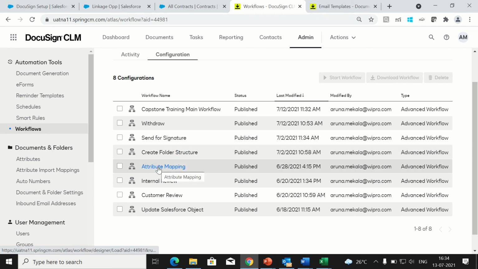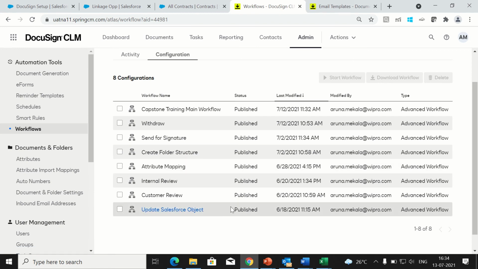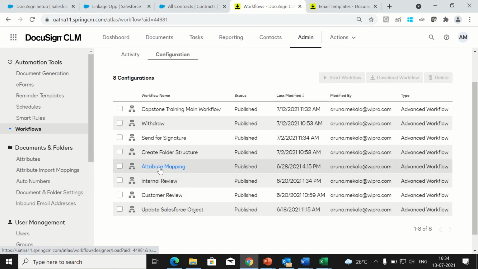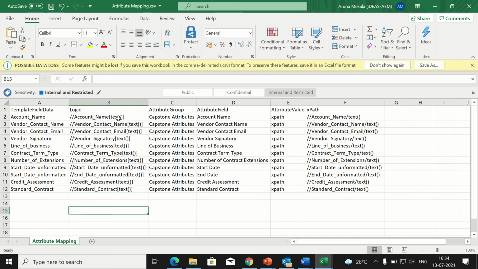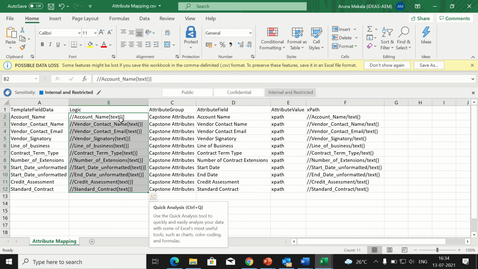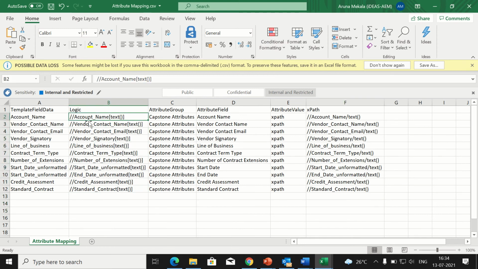Attribute mapping and Salesforce mapping are done in a similar way, but the attribute mapping needs to be done first, then the Salesforce object, because attribute mapping is done by a CSV file, where it will take the values from the merge tags. It means from the form it will take the values, and the same values will be updated to the respective fields.